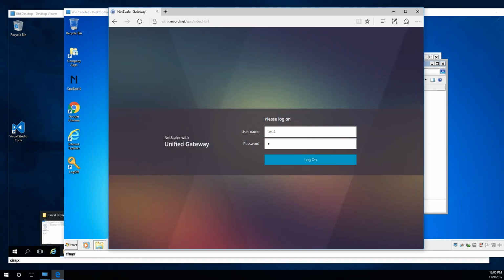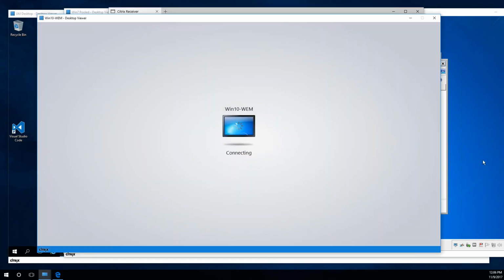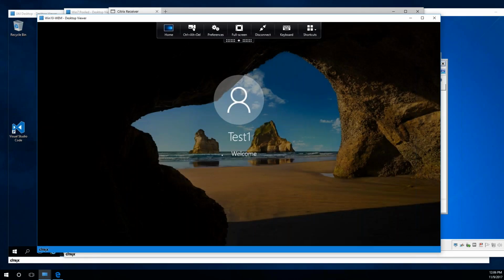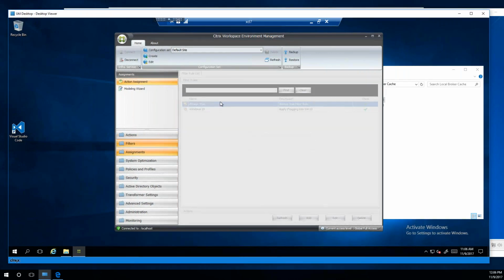Ways that I've used it in the past is changing OSs like this, as well as different client subnets. If a user is coming in from a certain subnet, I've done a filter saying that they get these printers coming from this subnet, or they get these printers coming from that subnet. That way I can assign all the printers to all the users and just have it apply to whatever subnet they're coming from. A lot of times the filters you're going to end up using, 99% of what you're going to do, are strictly going to be based on user groups. But if you have to break it out more, that's how you would do it.